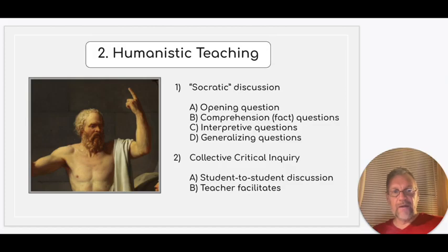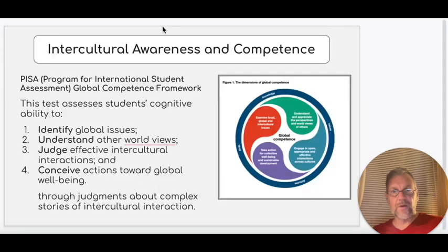And then finally, about this kind of humanistic teaching, one of the reasons it's so important is because it doesn't just invest students in reading novels or entertaining stories. Rather, it is a kind of practice for the habits of mind and even action that lead to what the Program for International Student Assessment, or PISA, calls global competence. In the instrument that PISA uses to evaluate students' global competence, they set out 4 progressive cognitive abilities.